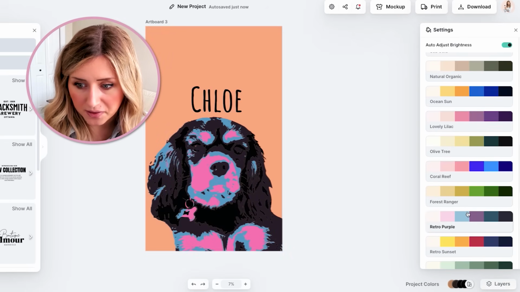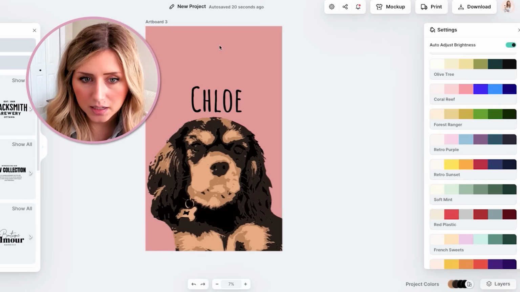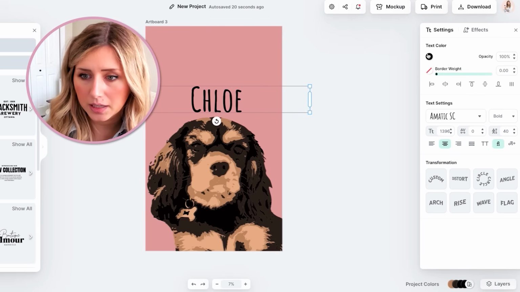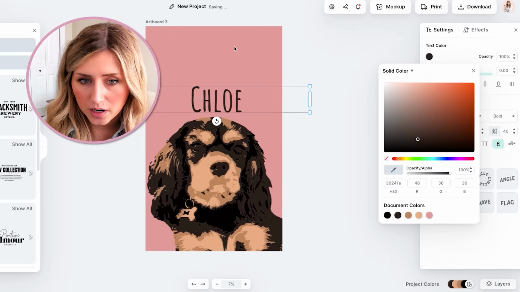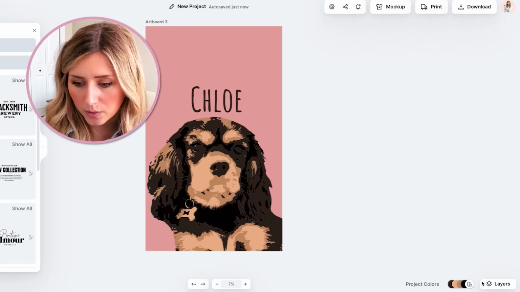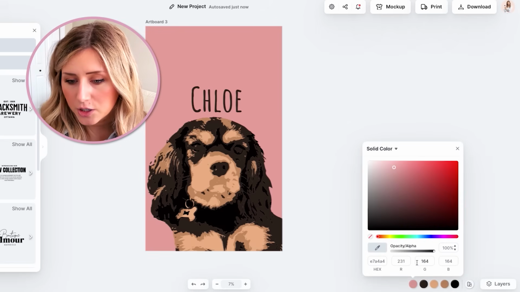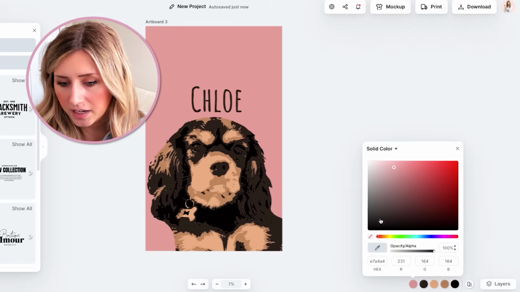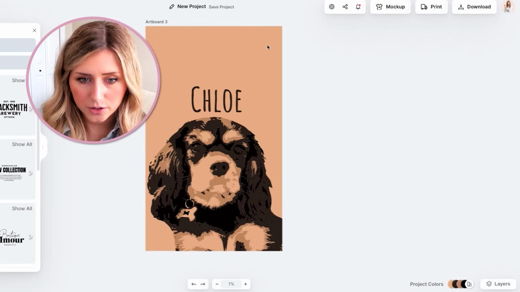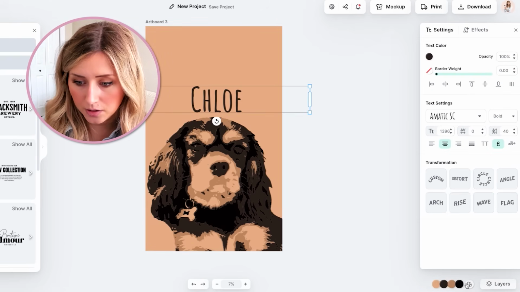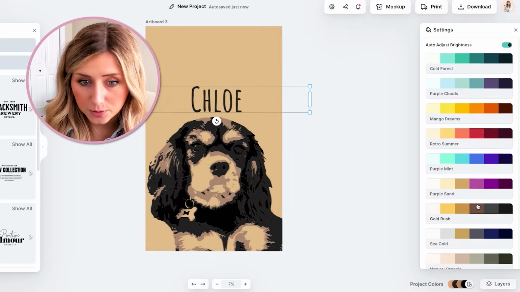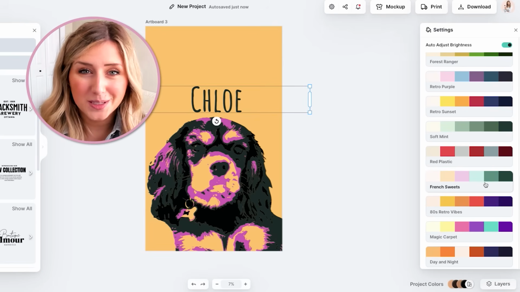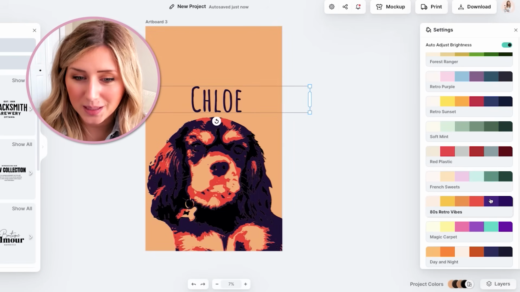Another thing to do before you start the color palette method would be to match. Like with Chloe, I would want to match with a different shade here. So maybe a darker shade in the vectorization I'm going to match. And then the background shade I'm going to match with, let's see, we'll just do the light color. So now it all matches together, and we can match the shades a little bit as we go down. And I think that's really fun. It almost looks like pop art, right? That's what I really love